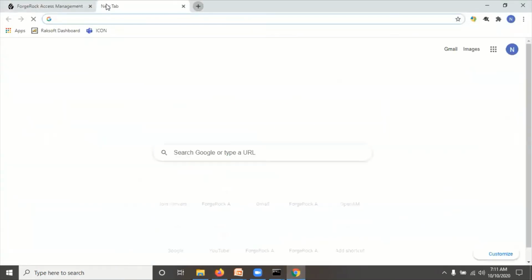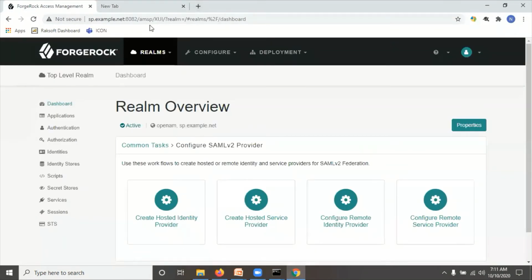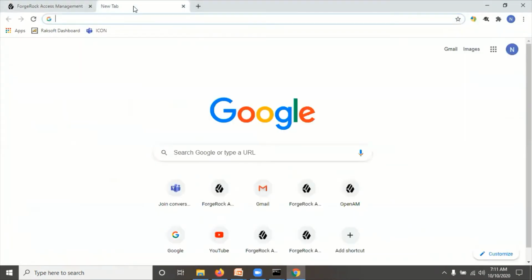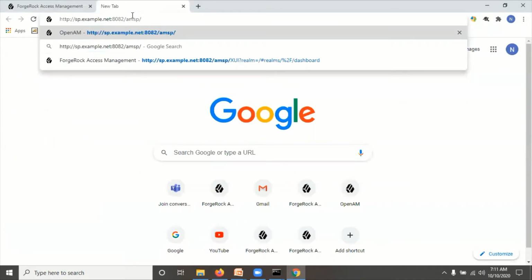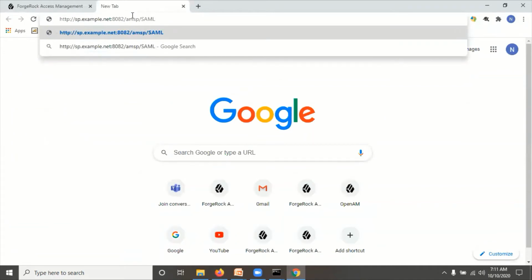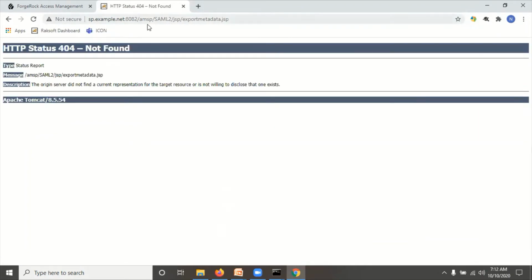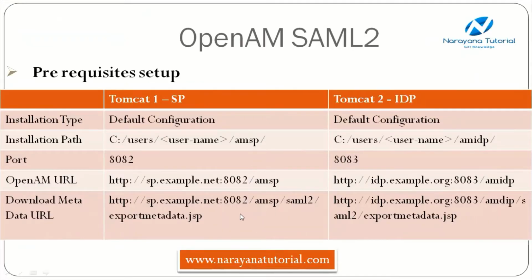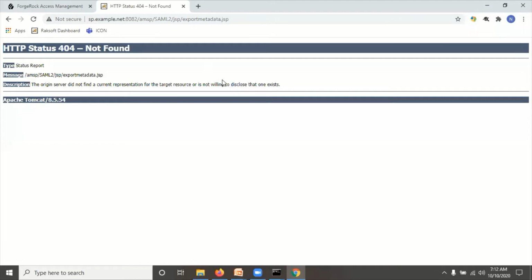Then you can see here, copy this name, SAML v2 export metadata.jsp. Okay, the URL may be wrong, so let's see again. What is the SAML v2 export metadata? Remove this JSP.